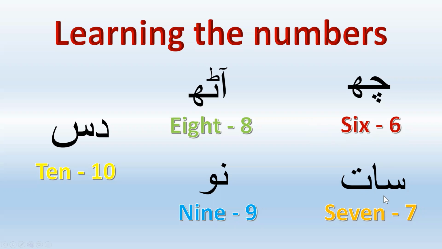Number 7, saat. Number 8, art. So you're just stretching them slightly. Instead of reading sat, we're reading saat. Sat normally is in Punjabi or Potwari, and at is in Punjabi and Potwari, but because this is an alif madda, you need to stretch that slightly. Art, no,